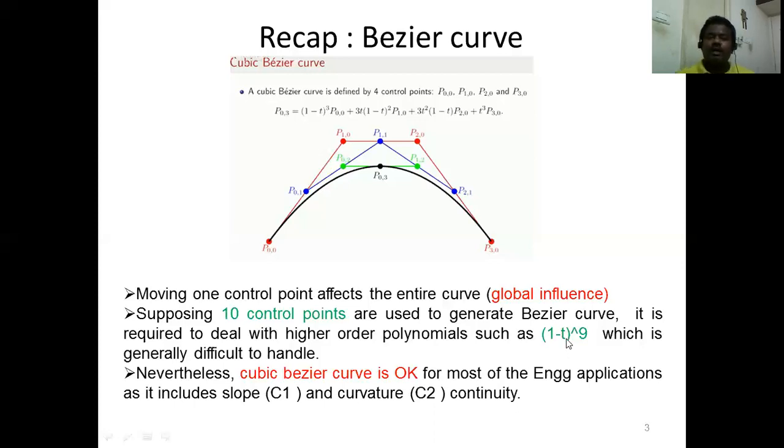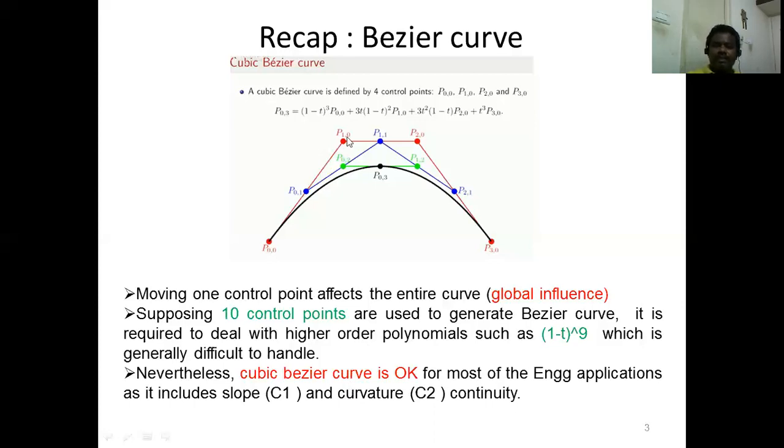Handling higher order curves by using an algorithm or computer program is a very tedious process, so it is very difficult. A minimum number of points is easy to handle. So in most cases a cubic Bezier curve is okay. We can create any application or any surfaces using a cubic Bezier curve. In extraordinary cases, if we are generating some ninth order curve, handling will be a problem.